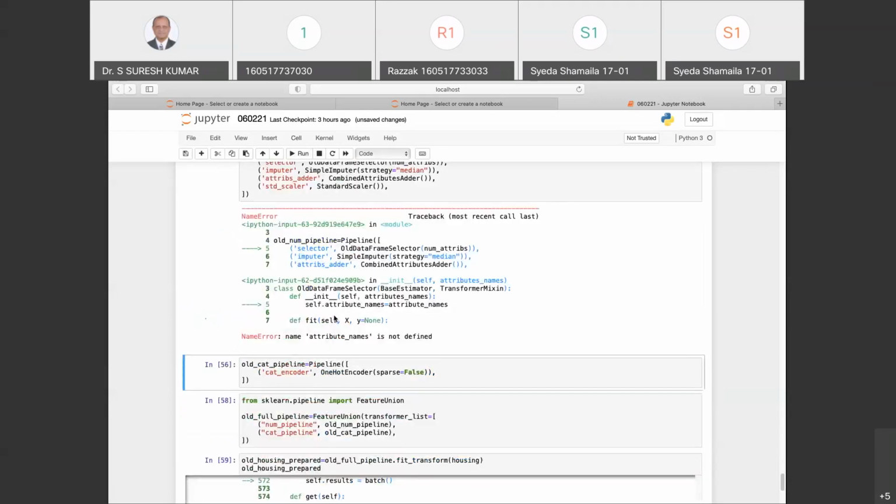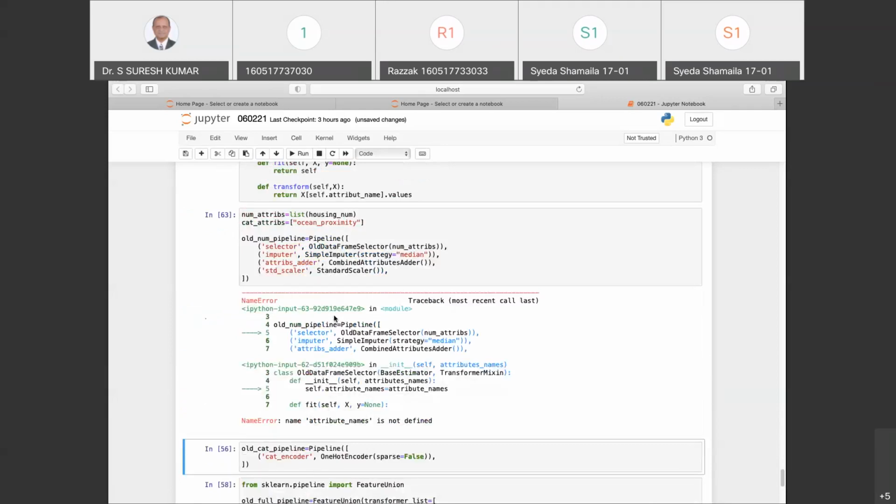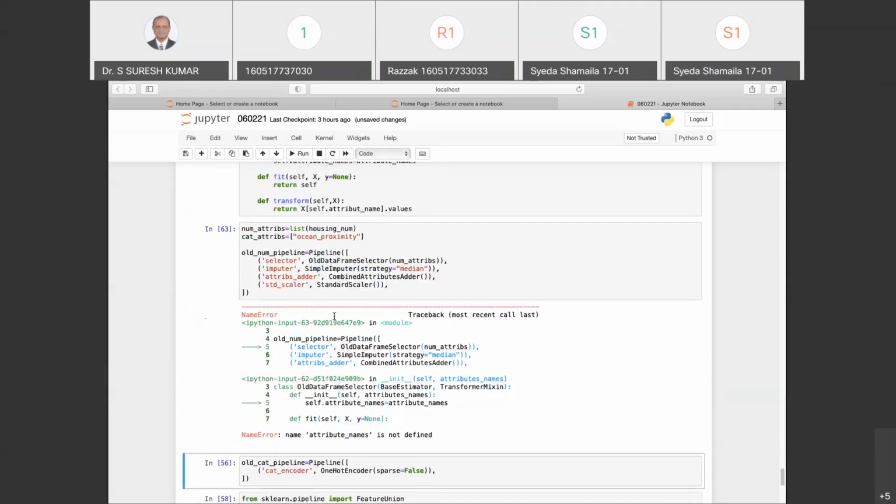Oh. Attribute name is not defined. The same first line, it tells me the error. It's some small mistake here, self dot attribute name. We missed it where? Before 63. No, sir, last line, return maybe there. Attribute.